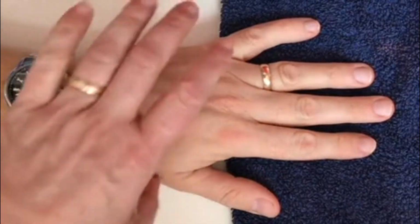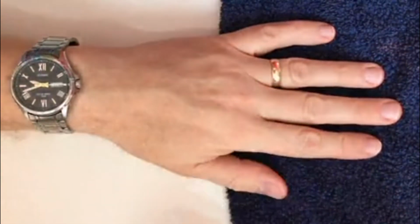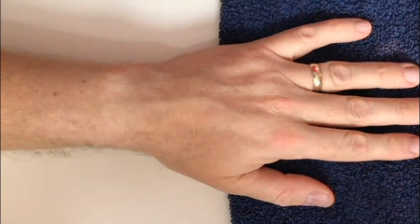First of all, you need to check the person's hand, make sure there's no cuts or anything like that, and make sure that they've removed their watch. Then you need to think about what you're going to use. So for the massage, when we get to that stage,